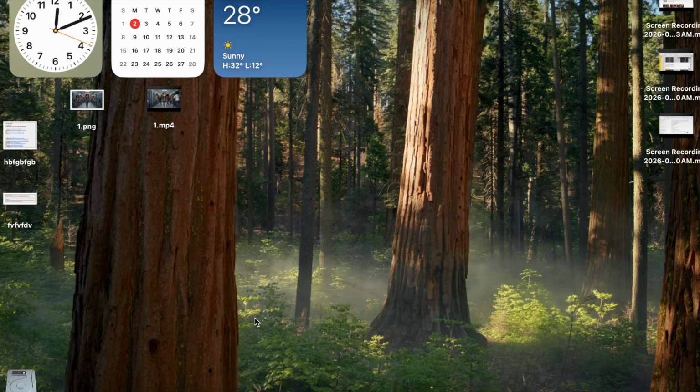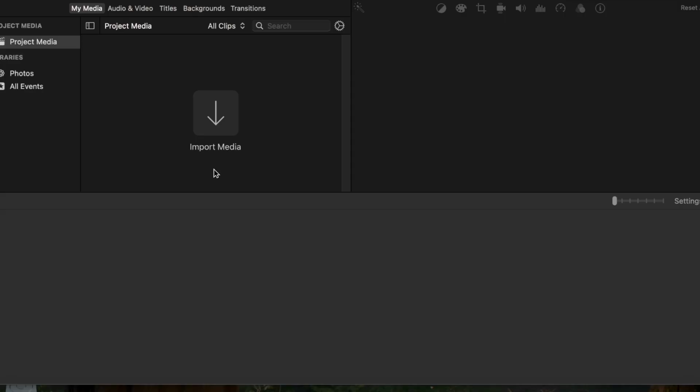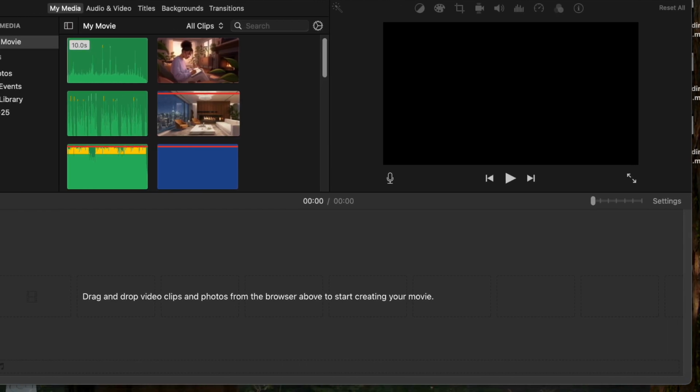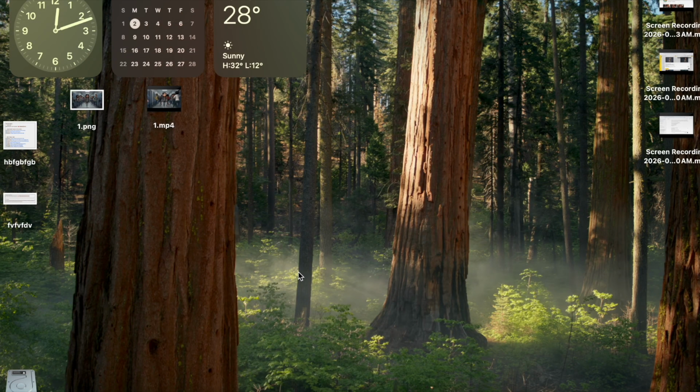And then when I'm ready to put them all together to create the video for YouTube, I have them all in one folder. And then I can go ahead and open up my iMovie. This is where I do my editing. I will paste them in here and edit them, add transitions, whatever it is that you want to do to them. And then the next thing that I do